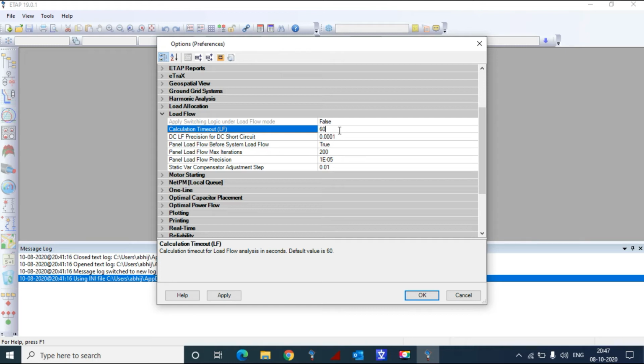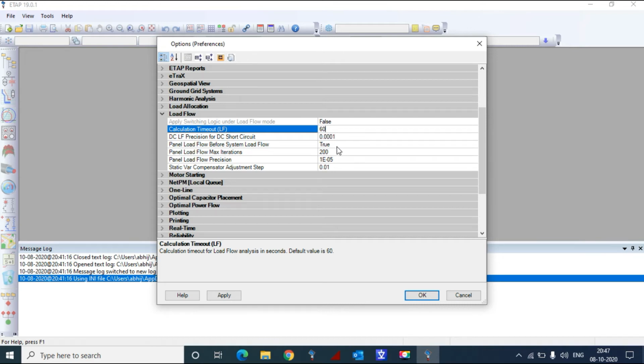Again, the second one is the DC load flow, what precision you need to put for the short circuit. Then in that ETAP model, what you are modeling may contain a panel load. In that case for panel load, whether panel load flow needs to be run before system load flow or not, that also can be decided.